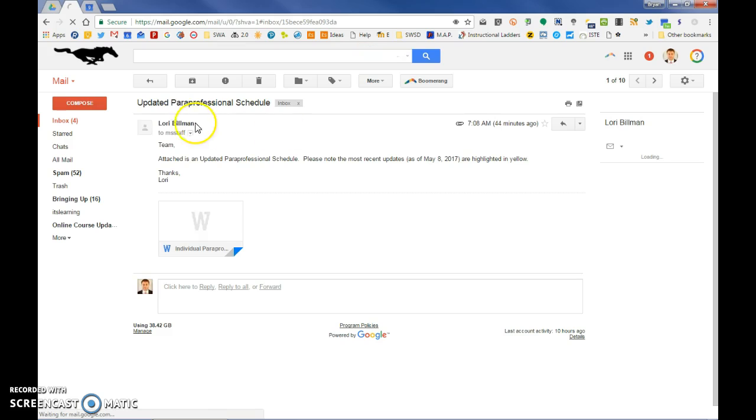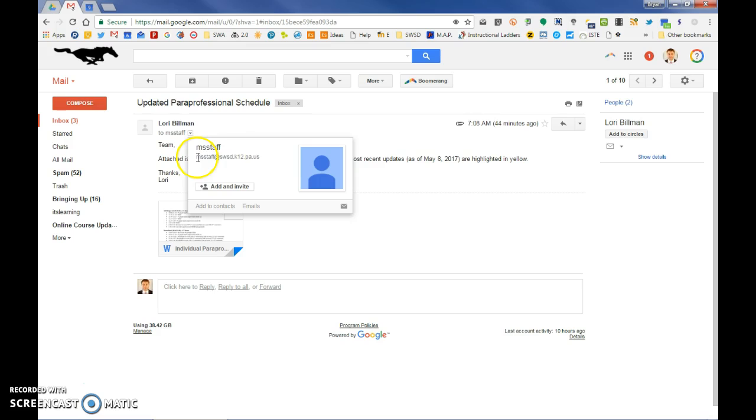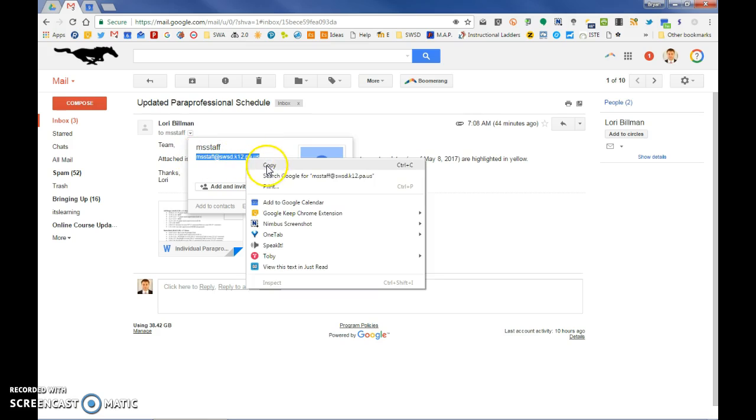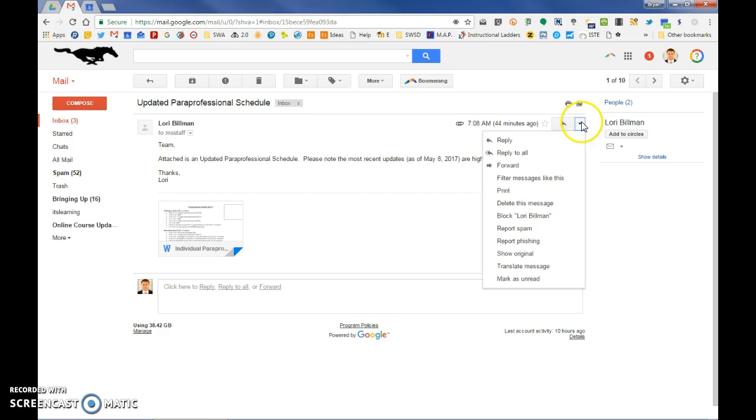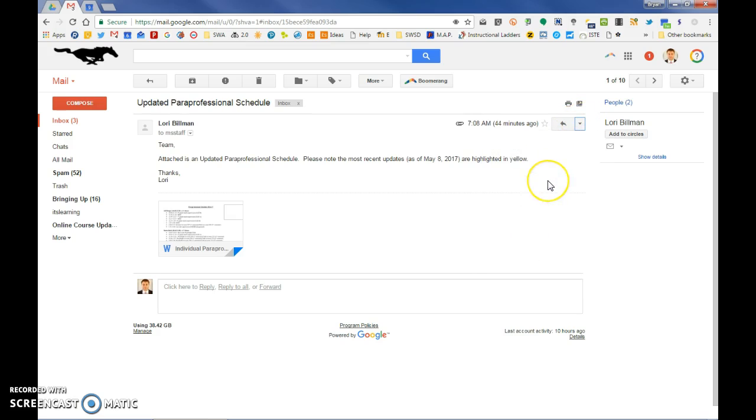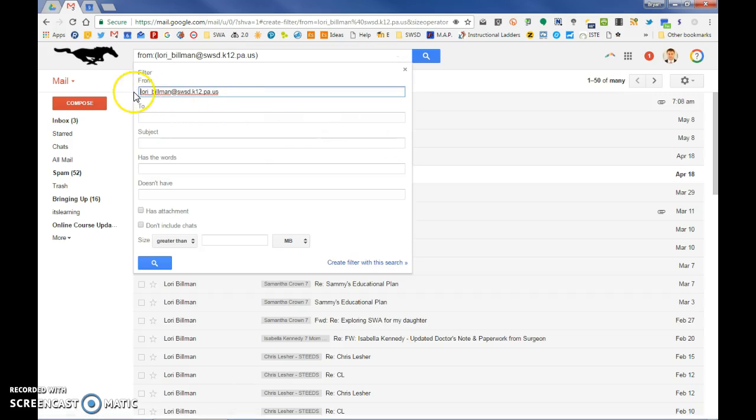So if I go in here, I notice that this is to HS staff. So I'm just going to make sure I copy this email address. And then I'm going to filter messages like these. I'm going to click this little down arrow here, go to filter. And now by default, it's looking for the person that it was sent from. But like I said, I actually want to sort it by the to and say mail that's sent to MS staff, and then I want to create a filter,